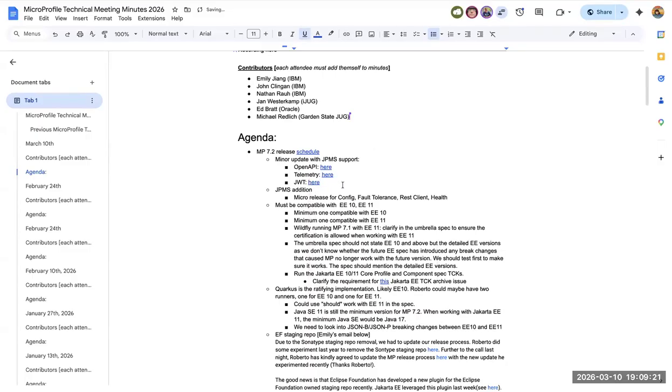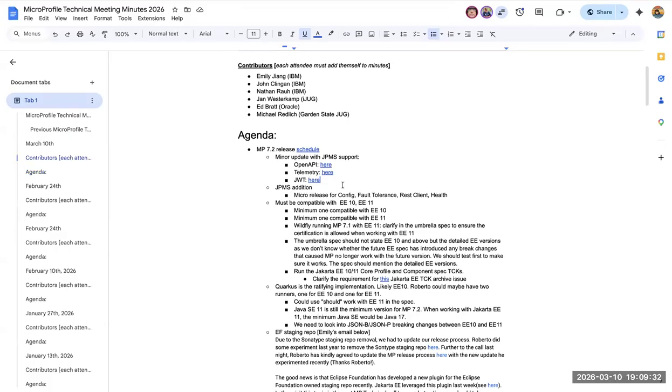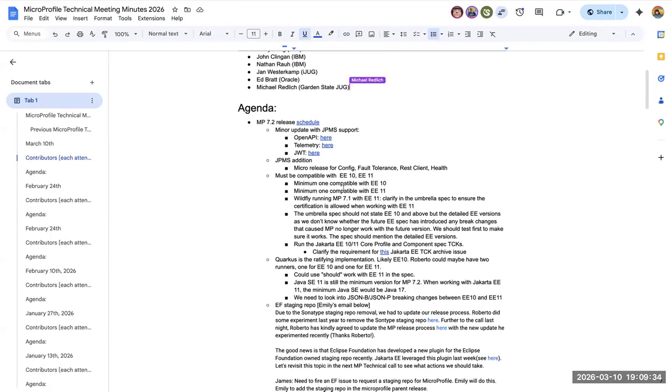Yeah, so this is for the release. So the other specs could do their release with the GPMS addition. And also